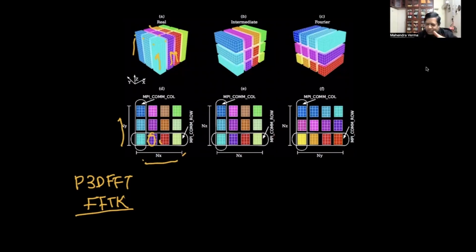This is a top view. In engineering, this is called top view. If I see from the top, I will be seeing these processors, and they're colored differently. How do I do it? Now, each processor has all the data along the Z direction, so it can happily do the sum along the Z direction. FFT along the Z direction is doable, and that's what it will do. All of them will do the sum along the Z direction, and all of them have 12 columns to work with, right now in this example. So 12, great, I can do it.